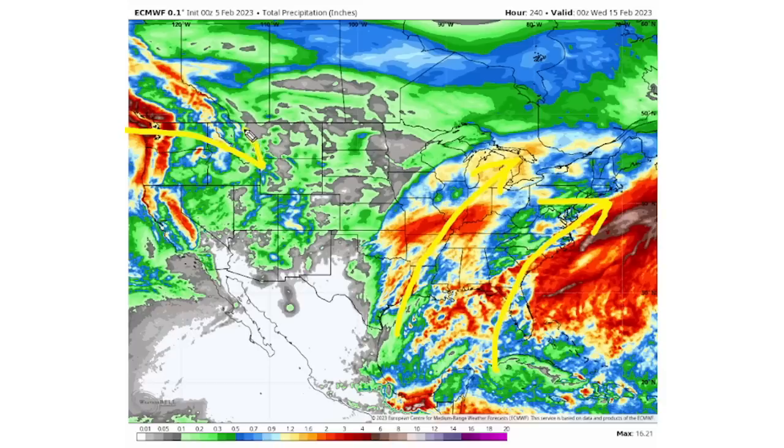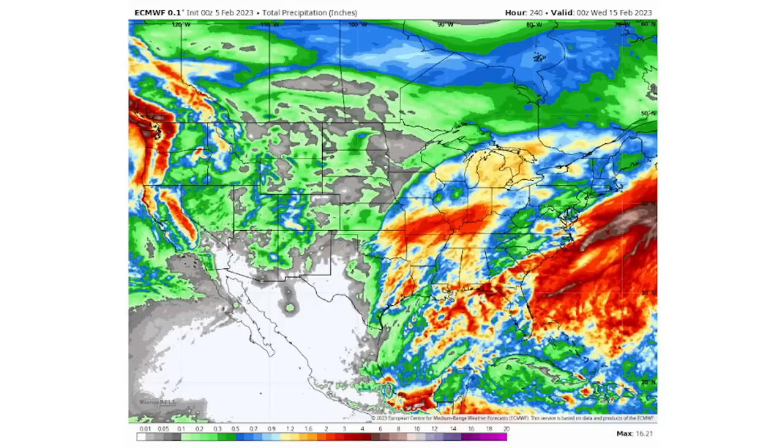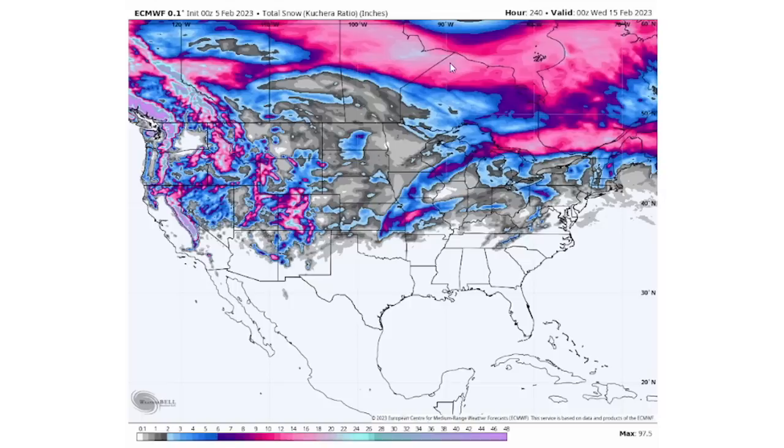We do see that plenty of this activity also is going to be moving in through the northwest, and the expectation is that our major storminess will be happening in these two areas here, and it'll be kind of leaving these areas in between with nothing really to speak of. Now, total snowfall anywhere in the grays is a dusting. If anything, blues 2 to 6 inches of snowfall, purples 6 to 10, pinks 10 to 20 there, pastel blues